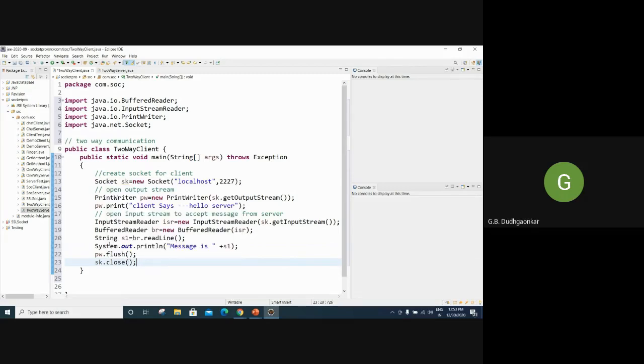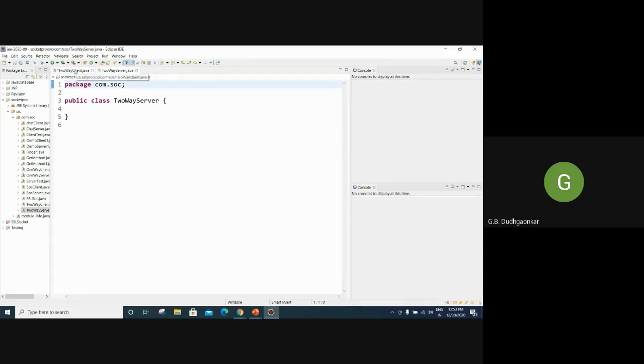And the connection in the socket is opening. Here the socket is opening. So in the same way, after writing all the code, it is good practice to add sk.close, so that you can close the appropriate sockets. So this is the closing of main, this is the closing of class. So the client side is okay from our side. It will take time to write the code for the server.